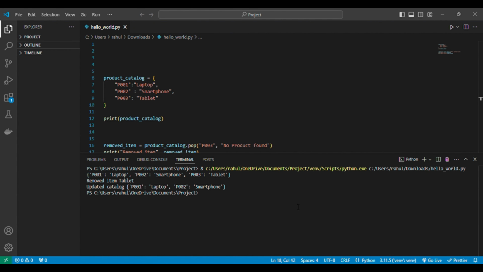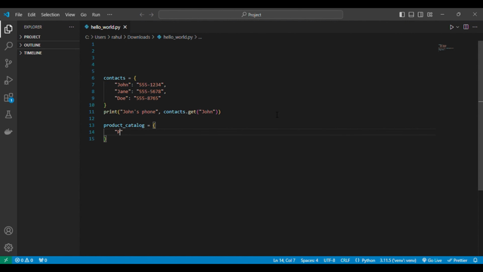This code creates a contacts dictionary. By using .get, we access John's phone number, 5551234. We could also add new contacts or delete them using dictionary methods. Let's return to our product catalog. Here we can imagine a simple catalog with product codes as keys and product names as values. We could even extend this to include prices or categories.